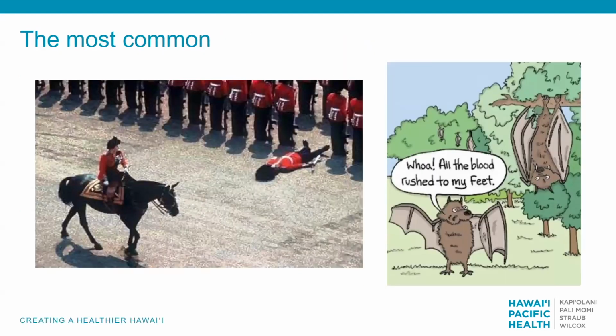Here is the typical vasovagal on the soldier side who has been standing for too long. The tachycardia that happened on a warm day kind of ran out of juice and then eventually dropped the blood pressure and then passed out. While the one on the other side is more the orthostatic. When somebody sits up from a laying down supine position or gets up from a seated position, then suddenly all the blood goes to their feet, which is normal, and they're going to have orthostatic hypotension. If the orthostatic hypotension gets to the point that not enough blood goes to their brain,